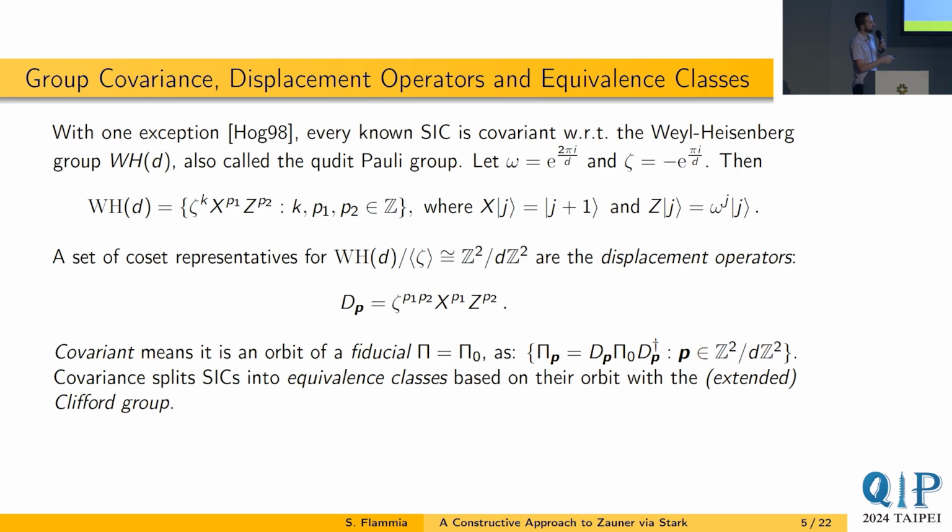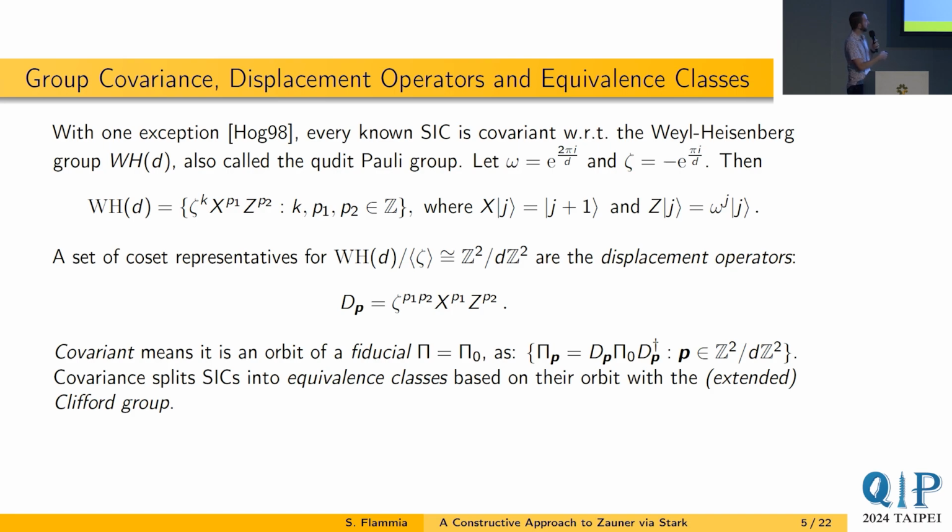This is called the fiducial, or the SIC fiducial. I'll just call it pi, although you could index it with a 0. So it's just the orbit under the projective action of these displacement operators, and that's going to generate the SIC. And then because I've fixed this standard basis, and then I fixed this definition of the Heisenberg group, if I look at the unitary equivalence classes under conjugation of these things, they actually split into equivalence classes